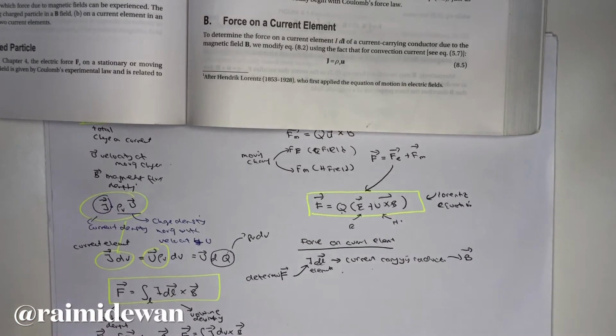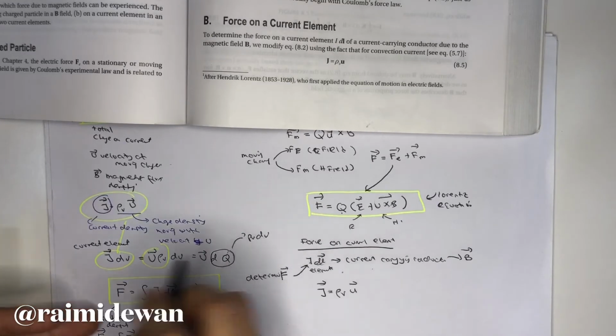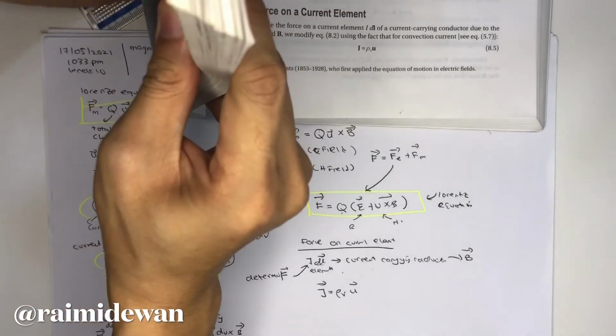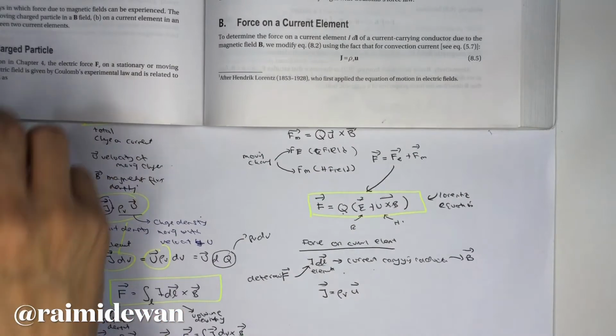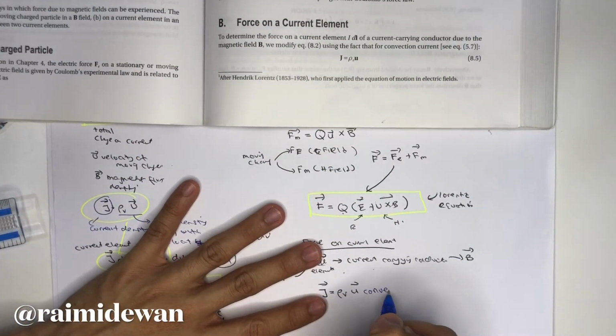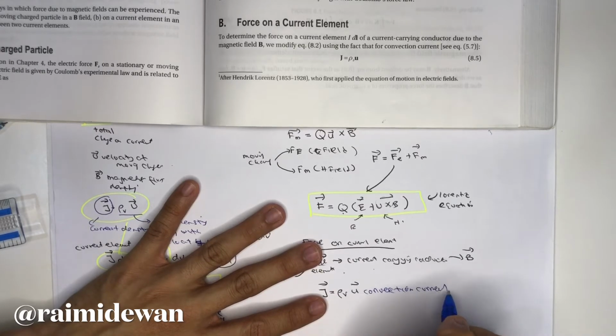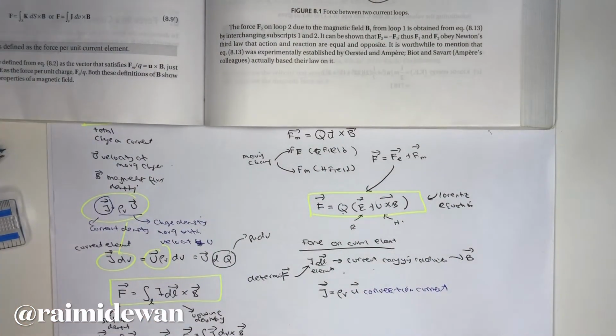so we use the fact for convection current, convection current J equals rho V U. Okay, this one is your convection current. Okay, we just put the name so that we are able to memorize it quite easily. Okay, convection current. So we will obtain,